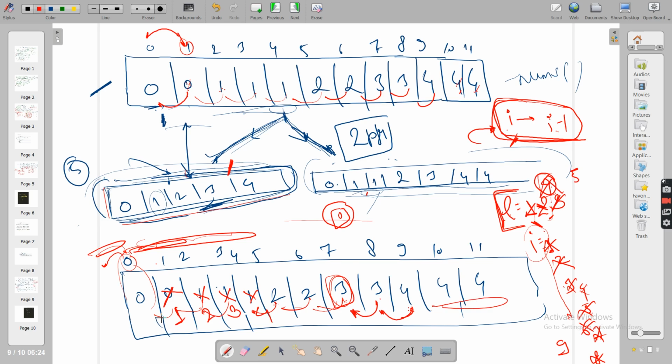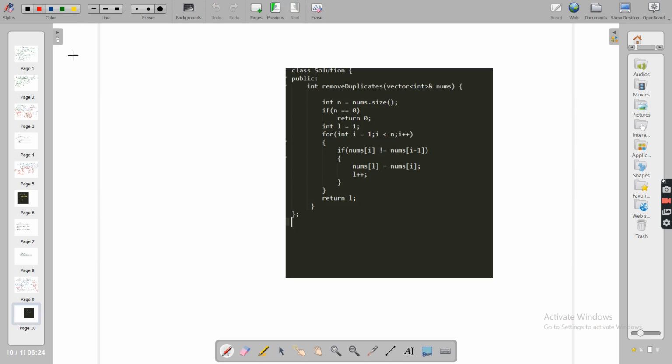So now see guys, if you go with this approach, you saw that at indices 0 1 2 3 4, all the unique values are at the initial places, and L equals 5. How many elements are unique? 1 2 3 4 5 elements, and it is given by L. So you got your unique values at the first places, and you got the count of unique values, and that is what you all need. Now see the solution part of it.